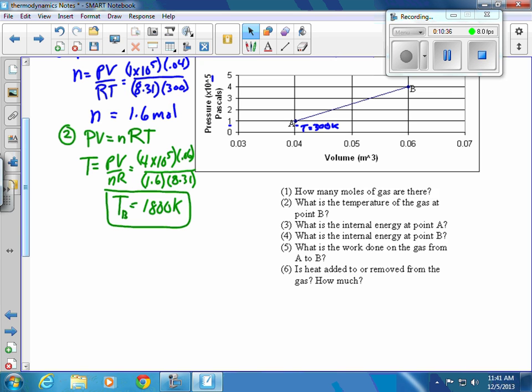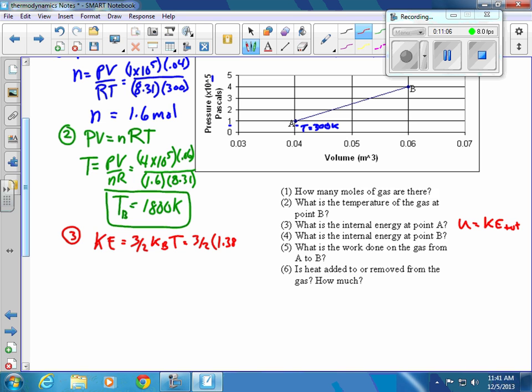Part 3 is going to be long and kind of involved. We want to find the internal energy, not the change in internal energy, but the internal energy at point A. Remember, internal energy is U. It equals the total kinetic energy of all of the molecules. So first we have to find the kinetic energy of each molecule using this equation, 3 halves k_B T. So it's 3 halves times k_B, which was 1.38 times 10 to the minus 23rd, and the temperature at A was 300. If I do that, I end up with a value of